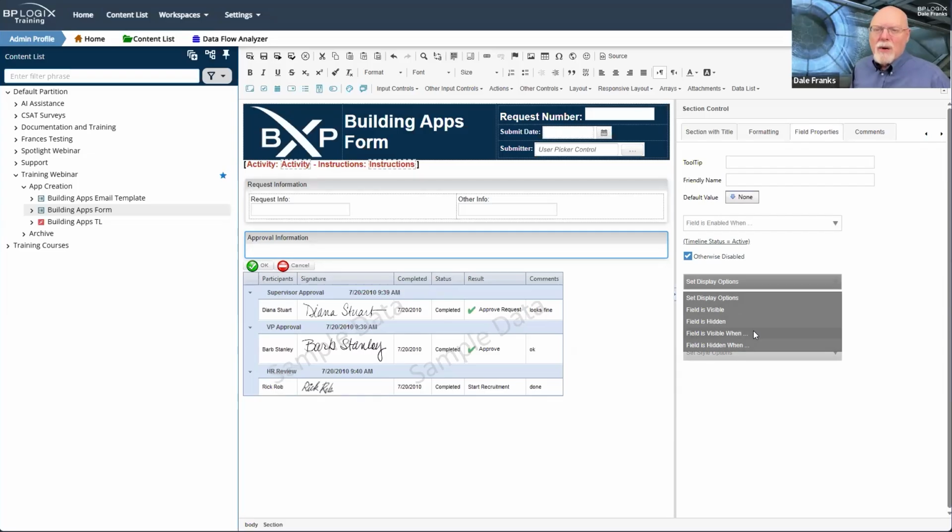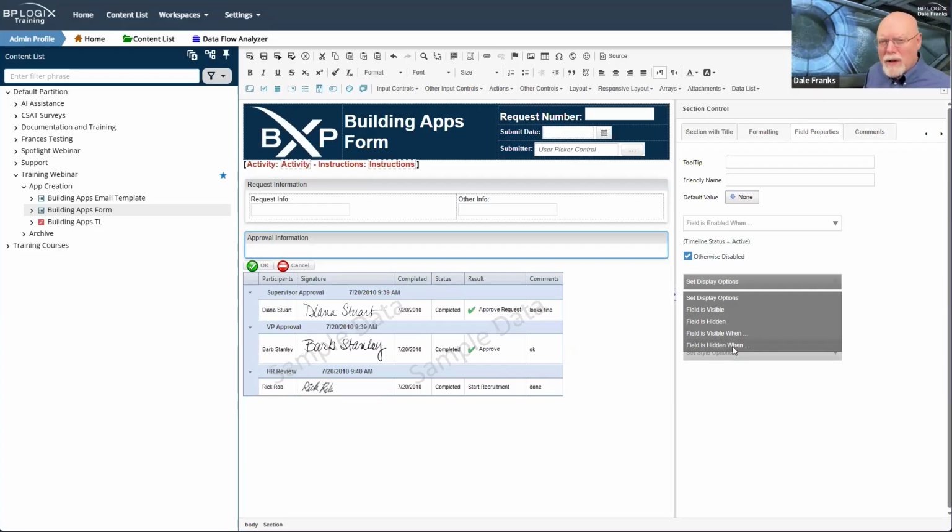The thing is, while that's a good general rule, those kind of general rules are often made to be broken. In this case, I only want to hide it whenever a new form instance equals true. All the rest of the time, it should display as normal while the process is active, and of course, once the process is complete. I only want to hide it in one circumstance. So rather than picking "field is visible when," which is my initial inclination, I'm going to pick "field is hidden when," because that's really what I'm looking for.